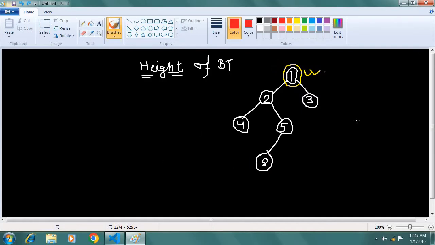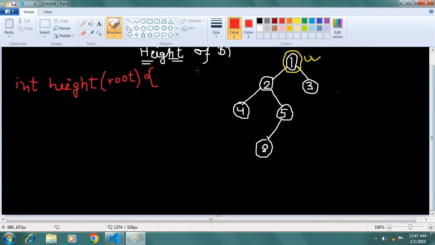So see, to calculate the height of a tree, let us suppose I have created a function, let's say int height. I am assuming that this function receives the root of a tree, and for that particular tree it will calculate the height. Clear? So let's suppose this function is receiving a root. By the way, this function is a recursive function. Let me explain. This is a curly bracket. Don't be confused by it. So now first of all I will be passing this one in this.